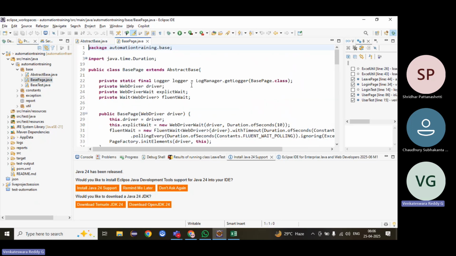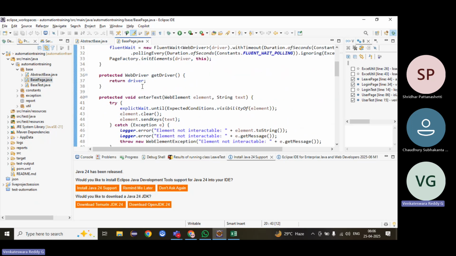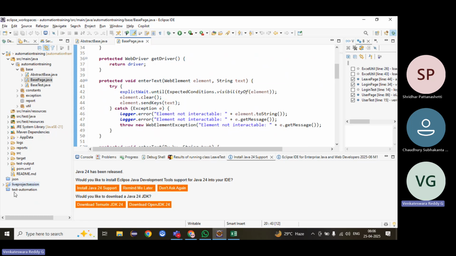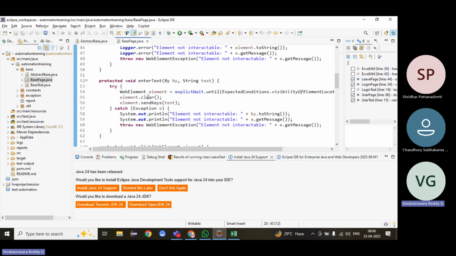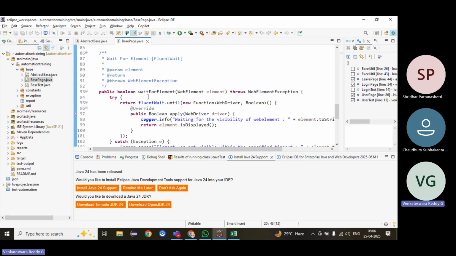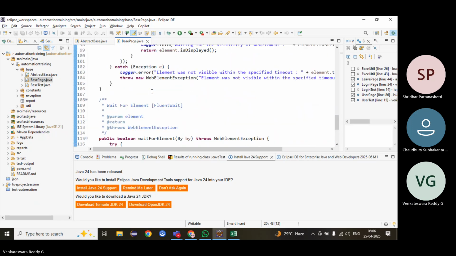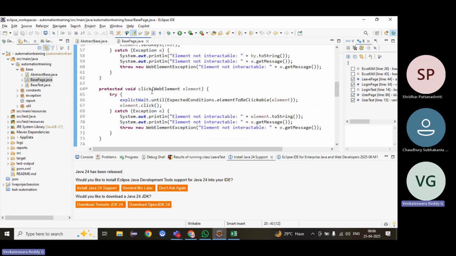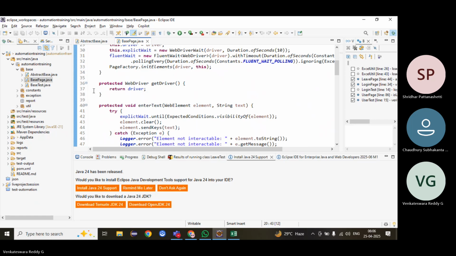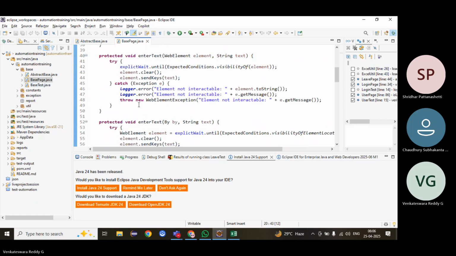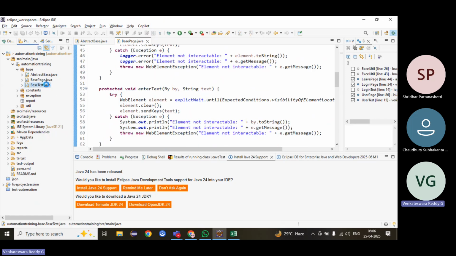Base page will extend this abstract base. Base page will contain, as in the live sessions we have done so far in the framework, different reusable methods: enter text, click, wait for element. It has very few. And base test will have